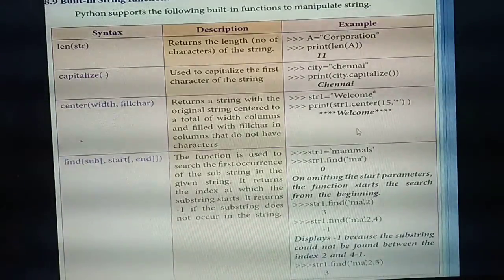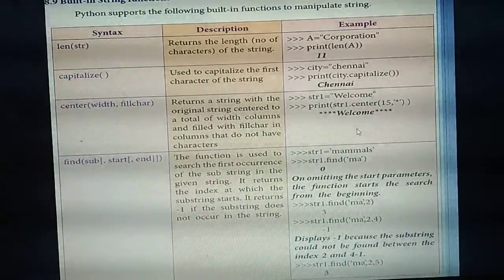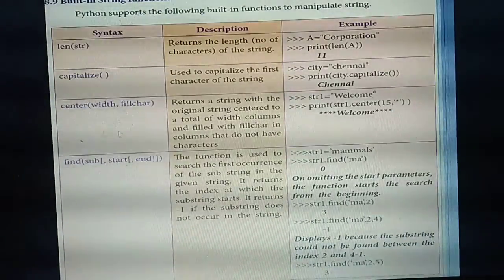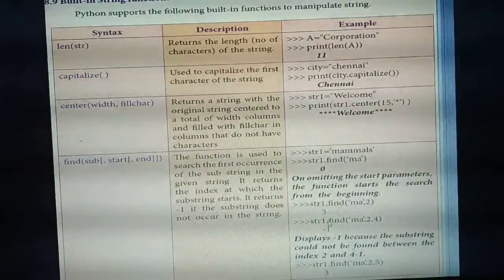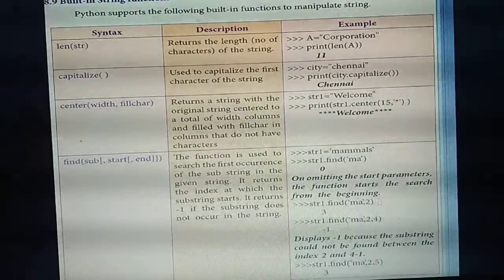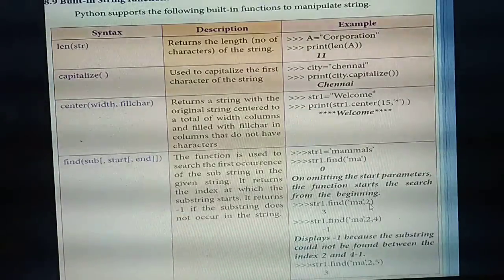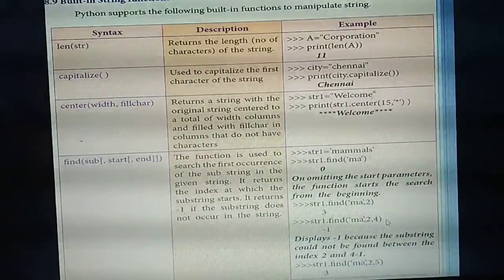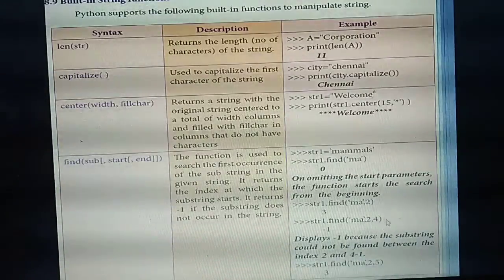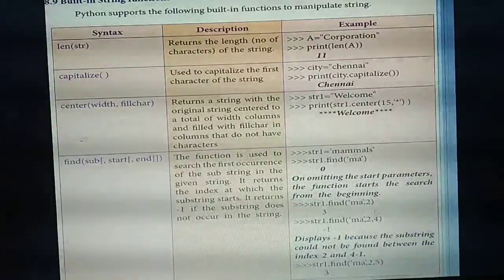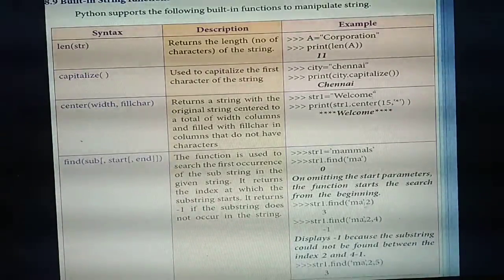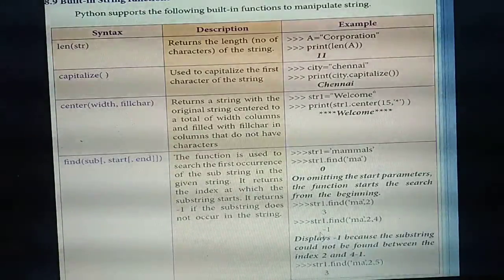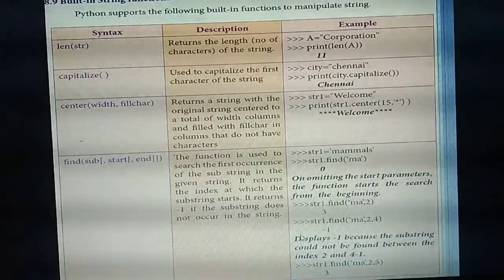If you get confused, please sit in a place and read and understand this example 2, 4 or 5 times and then start. Otherwise surely you will get confused, that I know. If only one index value is given, it is the starting index. If two index values are there, they are the starting index and the ending index. The last index value is always taken as n minus 1. From the index you give onwards, the index where the word starts is what you need to write. If the search fails, the answer you will get is minus 1.